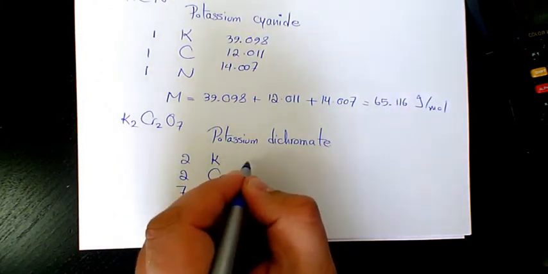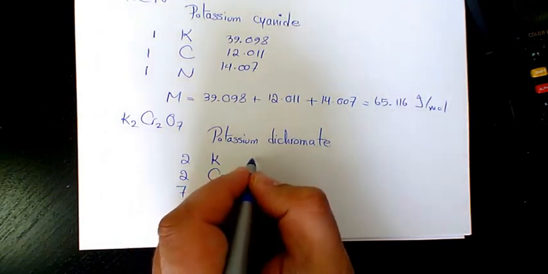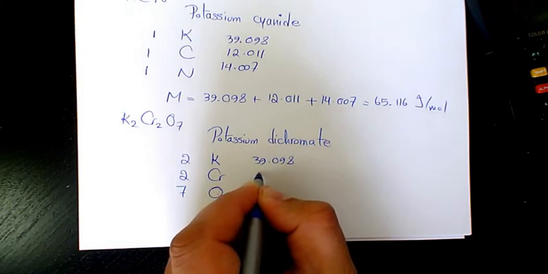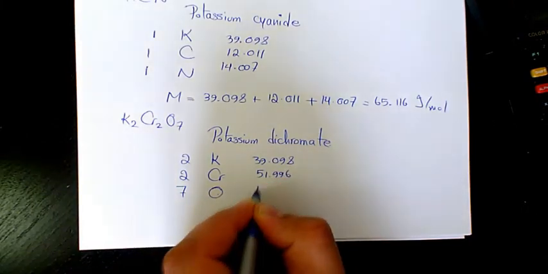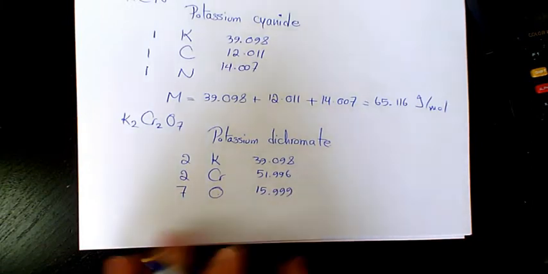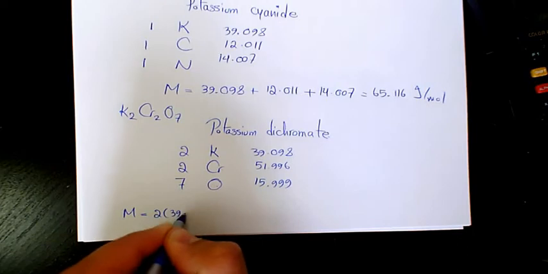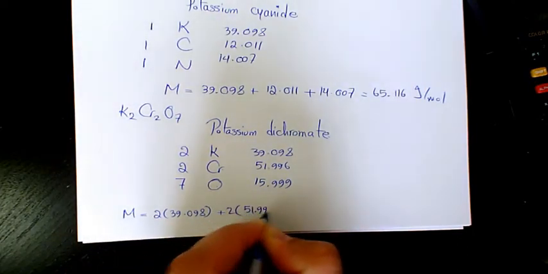Potassium is, you need to look at the periodic table. Atomic mass of potassium is 39.098. Chromium is 51.996. Oxygen is 15.999. So the molar mass is going to be 2 times 39.098 plus 2 times 51.996